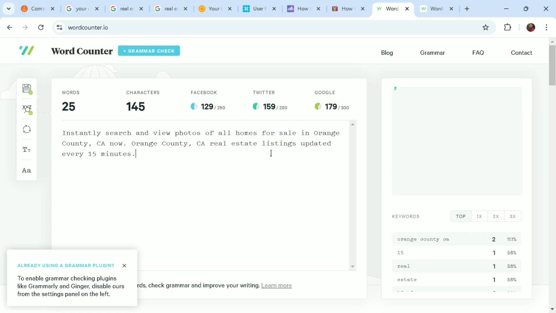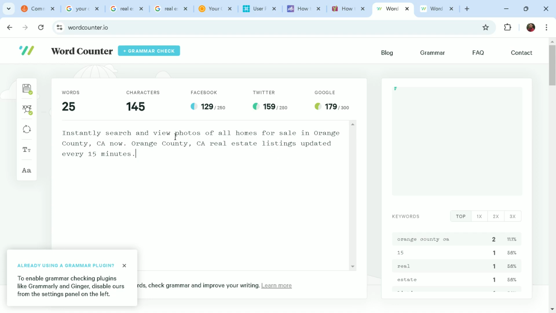Fifth is to show specifications as needed, so you would want all the necessary details here. Sixth is to make sure it matches the content of the page, so your site visitors won't be disappointed when they click on your link. And seventh is to make it unique. As you can see here, we have: instantly search and view photos of all homes for sale in Orange County, CA now. Orange County, CA real estate listings updated every 15 minutes.